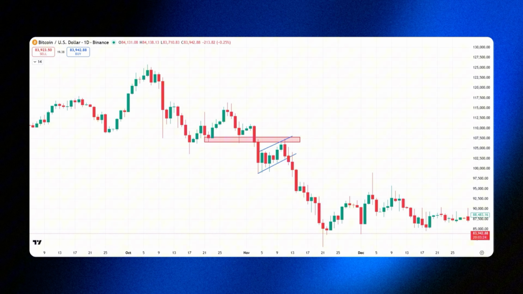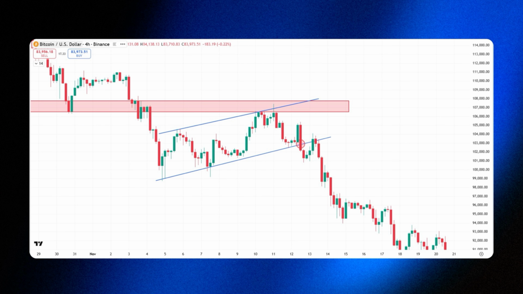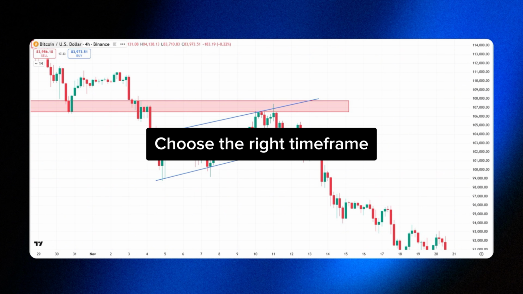So to confirm a trading pattern, it's better to analyze the highest time frame where the pattern is still visible. For this bearish flag pattern, we can see it on the 4-hour time frame, but if we zoom out to the daily time frame, the pattern nearly disappears. So the daily time frame is not suitable for this bearish flag, but the 4-hour time frame does still work perfectly. It might also be applicable to the 1-hour time frame, but the 4-hour is the best